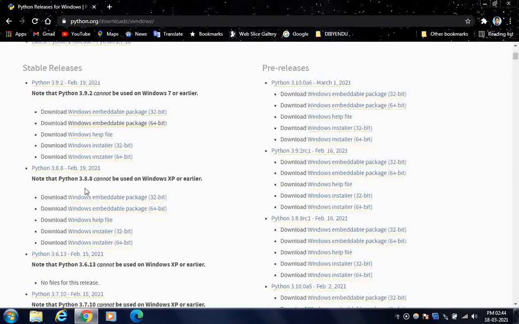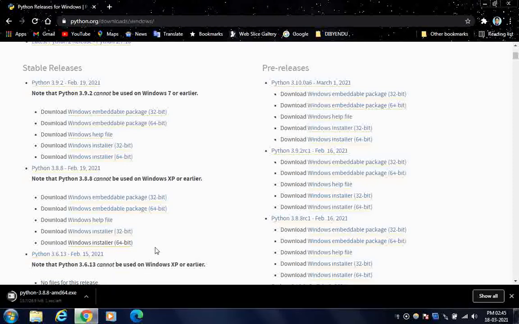So from this list, just download the Python version which is compatible with your laptop. I recommend you to download from the stable releases section. So I will download Python 3.8.8. So this one matches my computer. So I'll just click on it. So I'll wait for it to download.